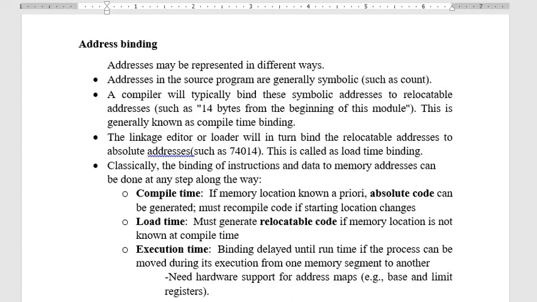For example, you can say this count variable is available 14 bytes from the beginning of this module. That would represent the relocatable addresses. When you start loading the program, the linkage editor or the loader will bind the relocatable addresses to absolute addresses.